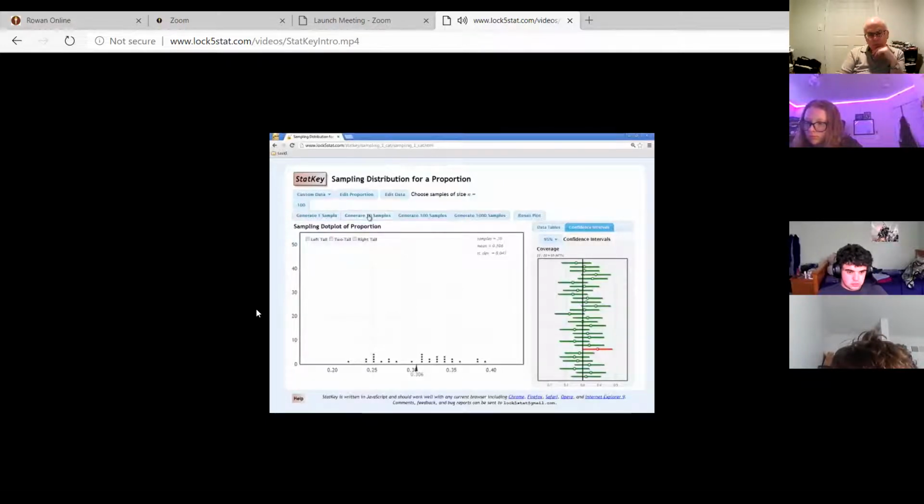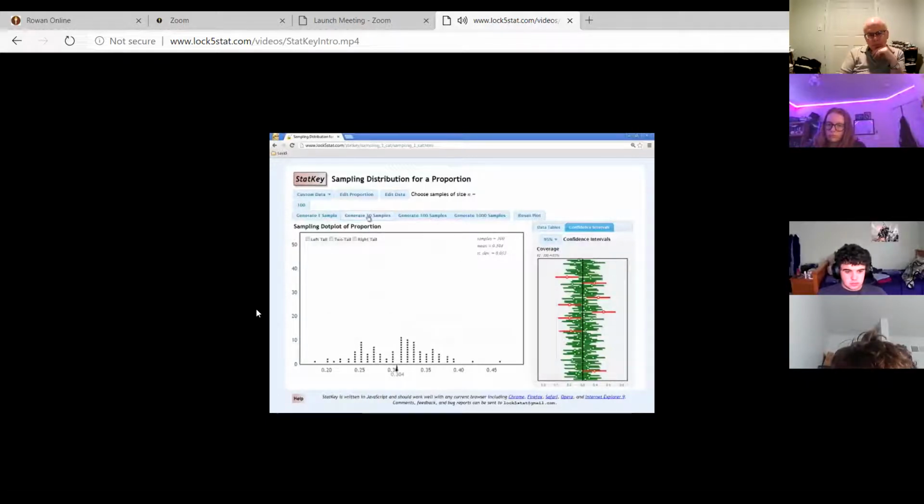Here's 20, 30, 40. Here's 50. We've got another one that's missed here. So this one's missed on the low side at 0.21. Let's generate a few more. Here's a couple more that have missed. And so out of 100, we've got a total of 92 intervals which successfully captured the proportion of 0.3 and